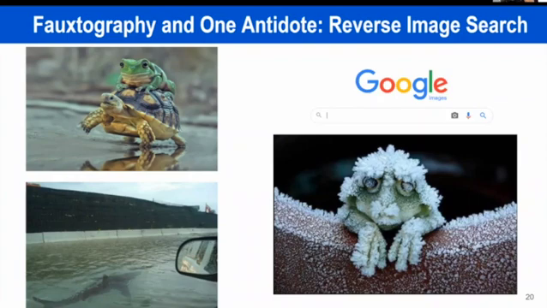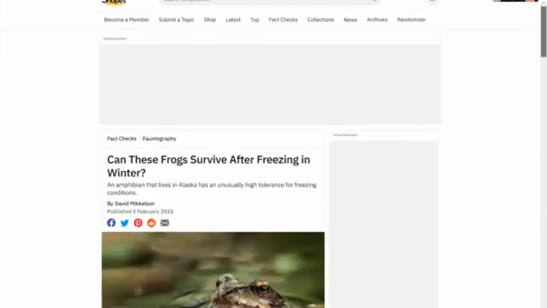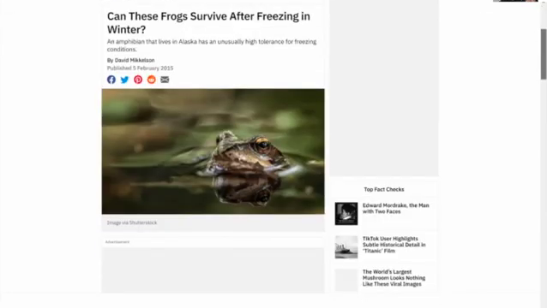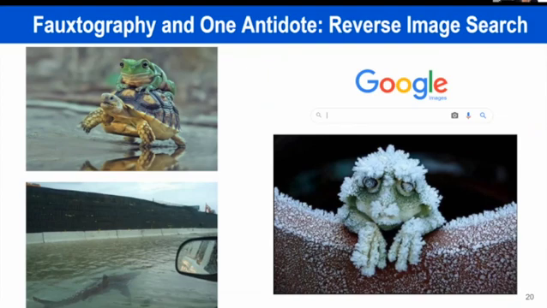And some of it is just using our common sense. For instance, I happened to look at this one, the little frog with frost on it, and it was touted as being one of these frogs that can be frozen and then thawed out and they will come back to life. And that is actually very true. That actually happens. And I'm using one of my fact checker sites here. This is Snopes. And it says, can these frogs survive after freezing in winter? The answer is yes, but the picture is not one of those frogs,